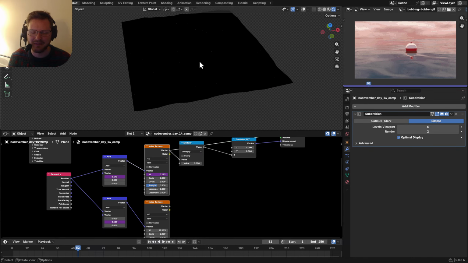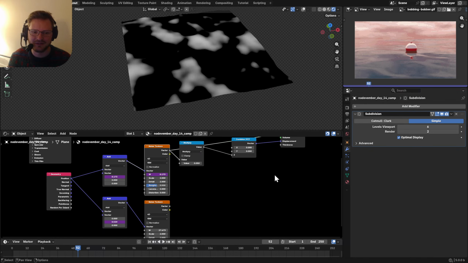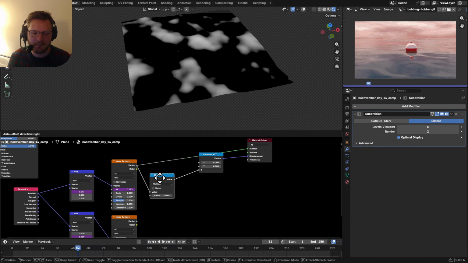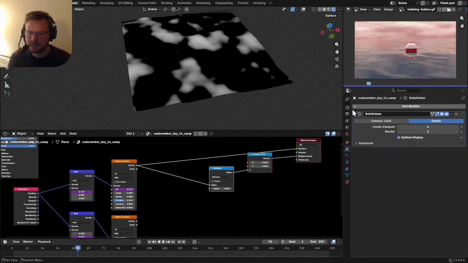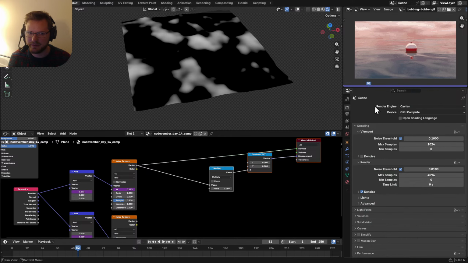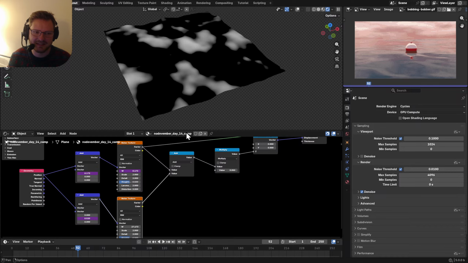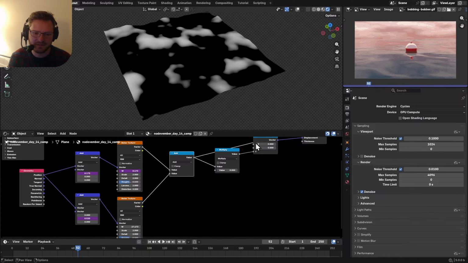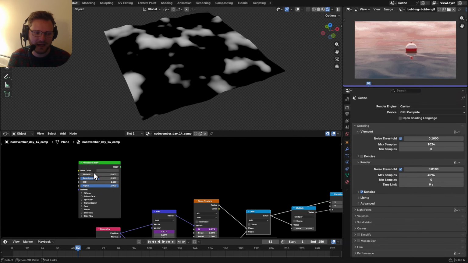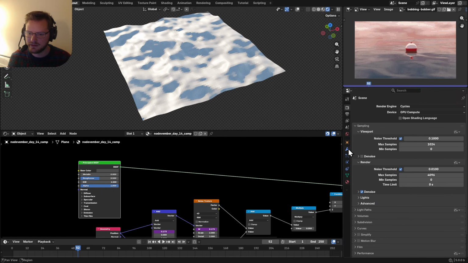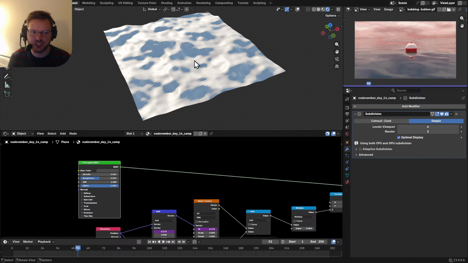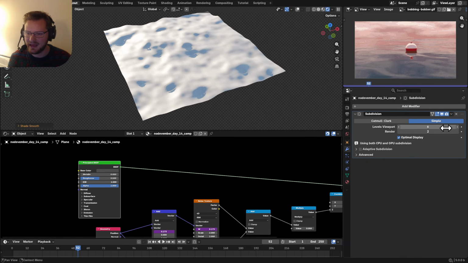I guess that's the thing about Eevee. It takes a while to compile shaders. But let's see, is Cycles substantially better? Yeah, maybe we'll just do Cycles. But like I said, the superposition principle says that we can add waves together. Okay? So now when I look at this, and I guess this should be shade smooth,